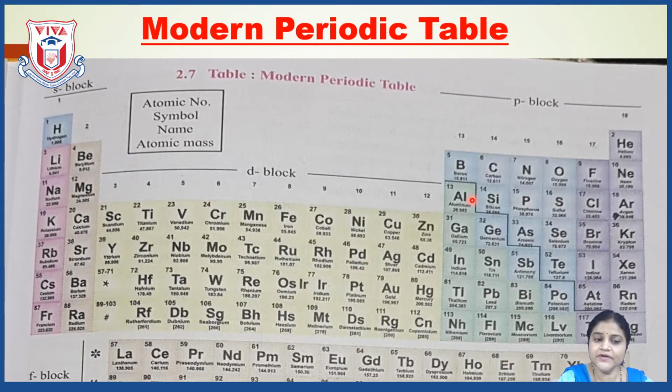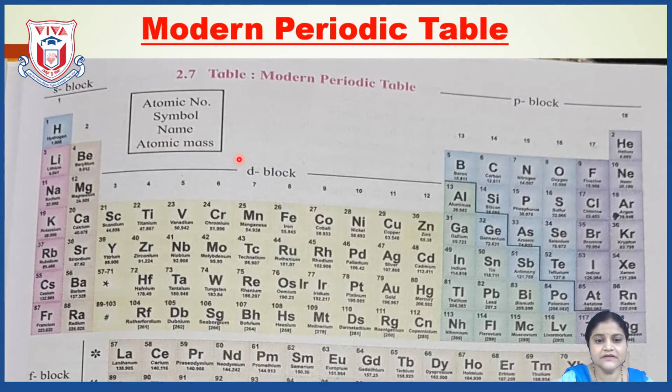That the number of electrons in their outermost shell is showing the period number. Okay, then how do we identify the group number? As you can see here, the first group, that is hydrogen, lithium, sodium, potassium, all of them are having one electron in their outermost shell, and henceforth they are being placed in group 1. Secondly, the elements in group 2 have two electrons in their outermost shell.